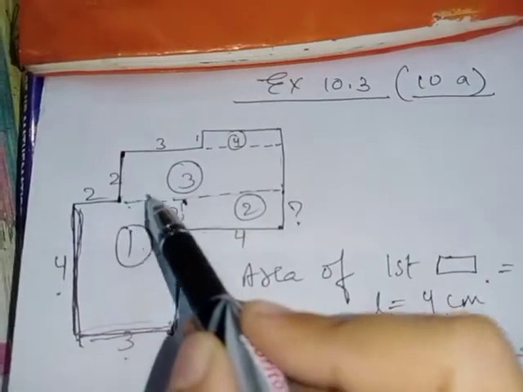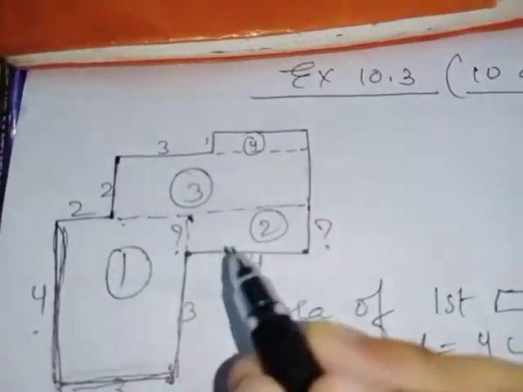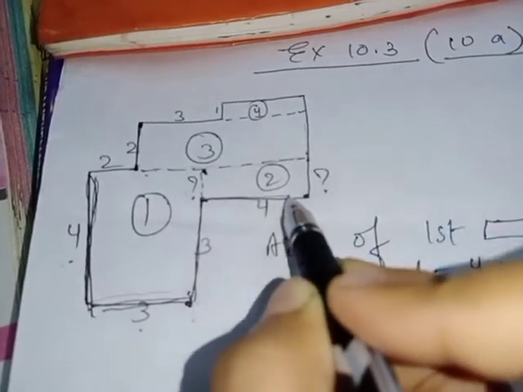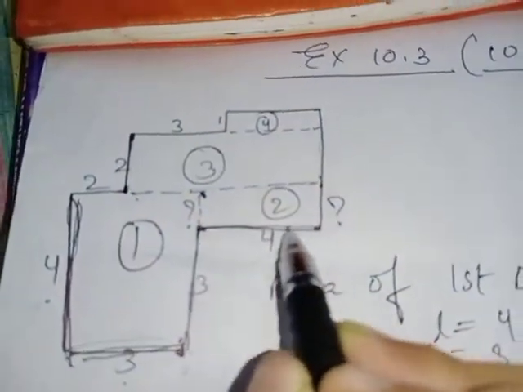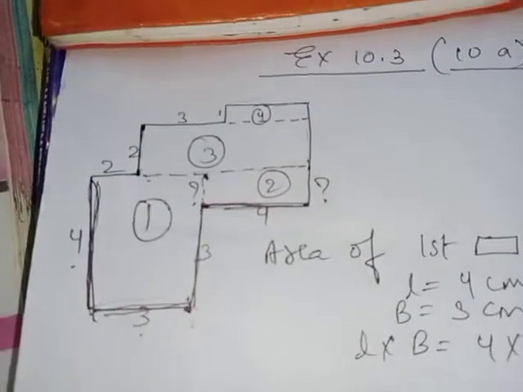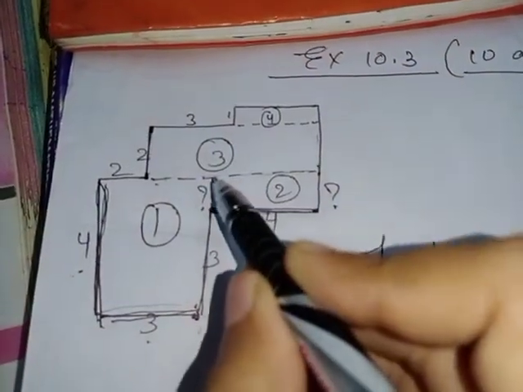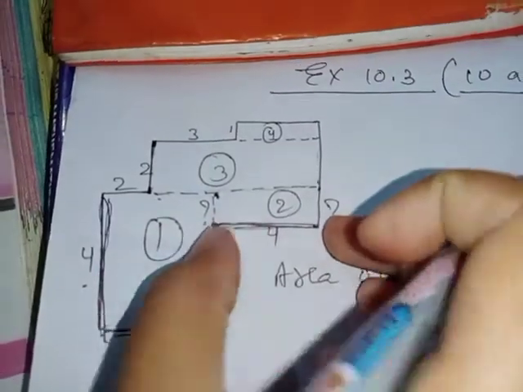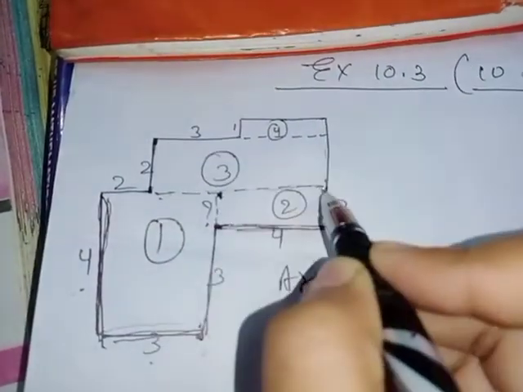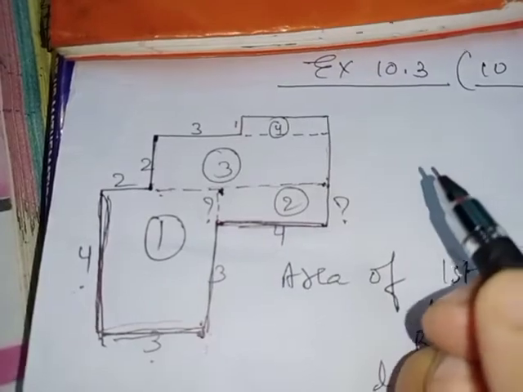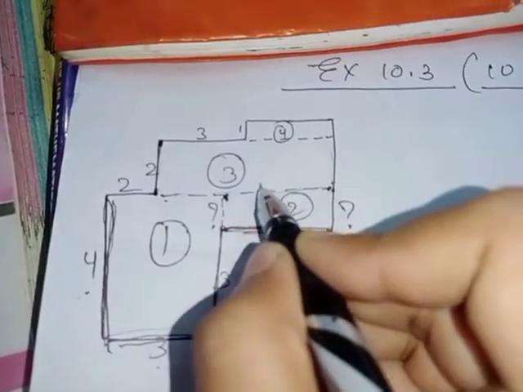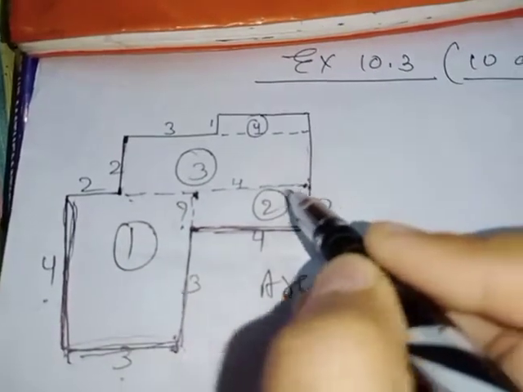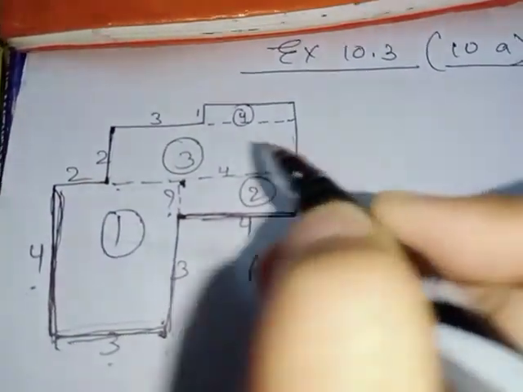You can see here, first of all, it is written this much is 4. Okay, this much is 4. So if this is 4, we can say this also can be 4. If this much is 4, then from here till here will also be 4. Okay, so this much we can write here 4. But we do not want only this much. Our third rectangle is this complete line. What about this portion now?